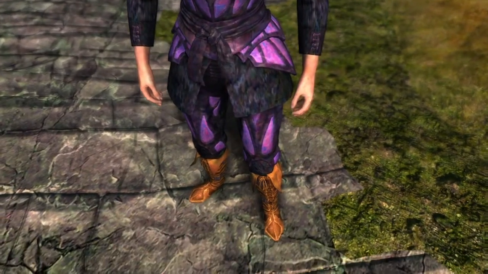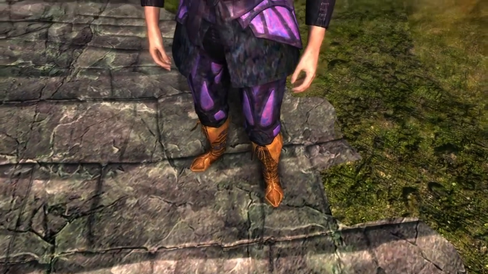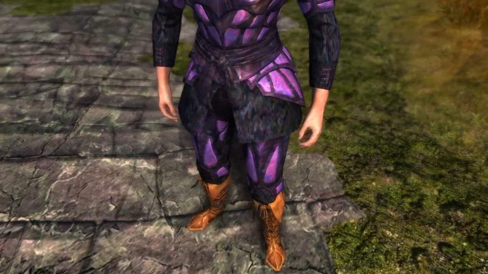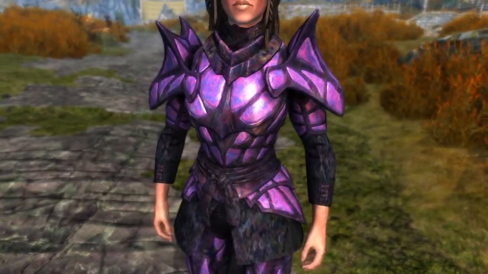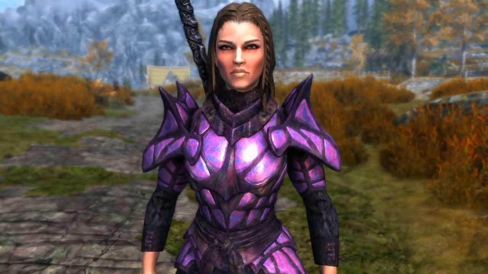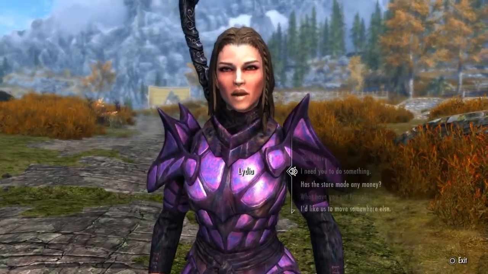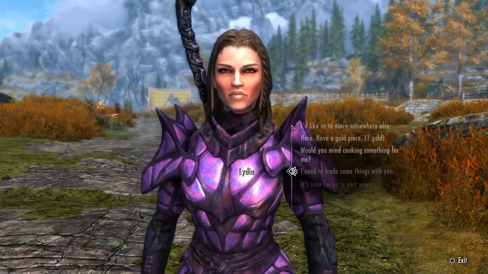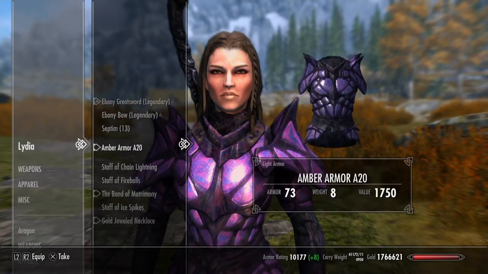One thing I'm going to do before I end this is re-equip her with, I believe it was Amber Armor A15. That is the one that she oddly dismissed on when I equipped her. I want to see if she's going to do the same thing. The only other thing that could possibly have changed that is I have the other follower, Valdemar,